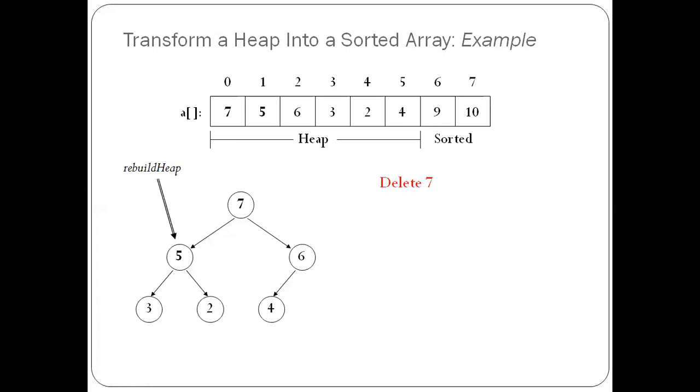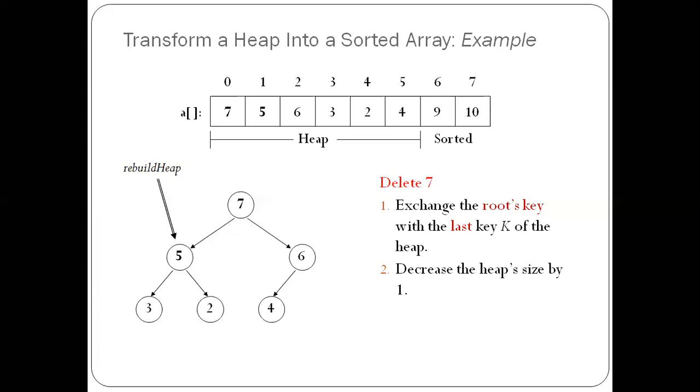Now which element should be deleted? 7 should be the value deleted because that is the root of the heap. So when you want to delete it, what is the procedure? Exchange 7 with the last element in the tree, that is 4. 7 and 4 will be interchanging, deleting 7, and the remaining elements we apply the heapify procedure. So first is exchanging the root, that is 7 and 4 will be interchanging. Next is decreasing the heap size, that means 7 is deleted, and then applying the heapify procedure.